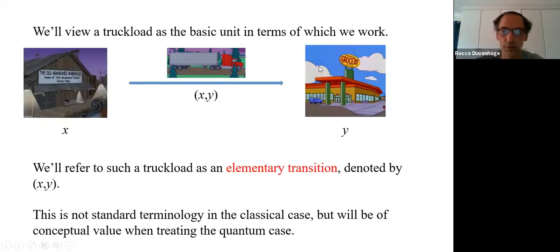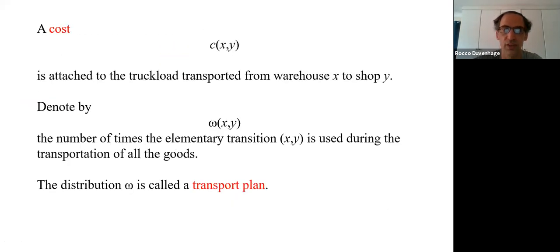Now, there's some cost involved. I mean, it takes some amount of money for a truck to go from x to y, and we'll assume the cost depends only on x and y. So it's fixed. If you specify x and y, there's some fixed route and some fixed amount of fuel, etc., that's used. So we attach a cost to each such elementary transition. And secondly, we denote by omega xy the number of times the elementary transition xy is used during the transportation